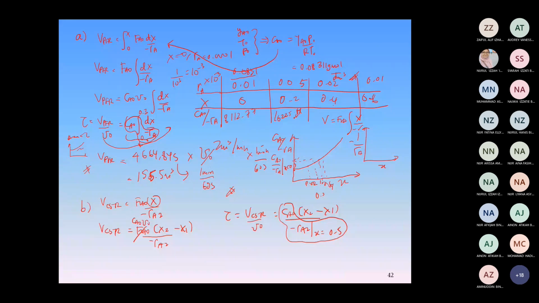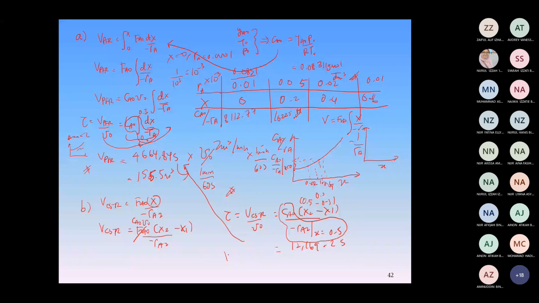Okay. So this one you akan dapat around, what do you call it, you kena darab juga dengan X2 minus X1, jangan lupa, which is 0.5 minus which is 0.3. Okay, so jawapan lebih kurang 12,169.2. Okay, second. Okay, and then you need to get the VCSTR, okay, using the same like this one, which